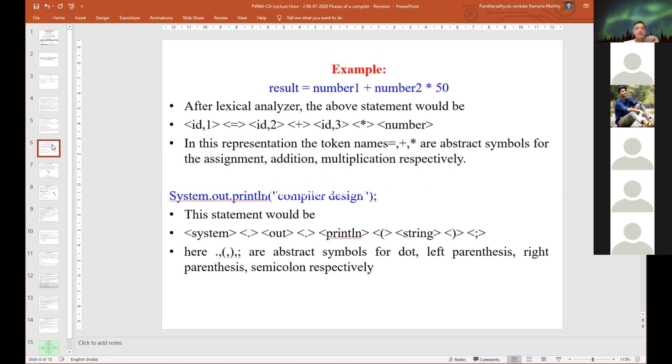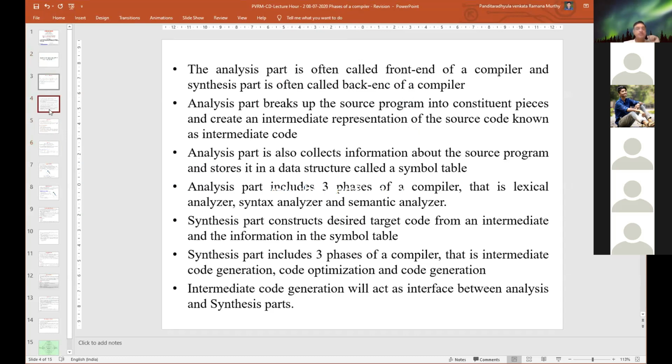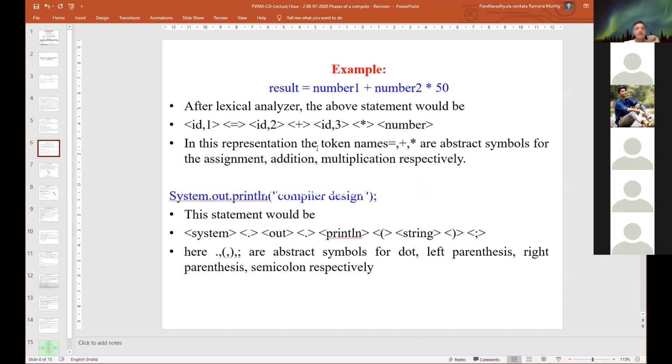Here we are taking a small expression: instead of position it is result, and similarly instead of initial and rate we are showing number1 and number2, and instead of 60 it is 50. That is the only difference. You can simply replace these keywords with those keywords.